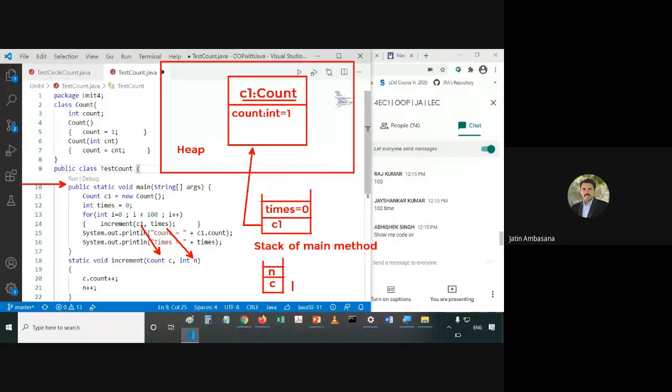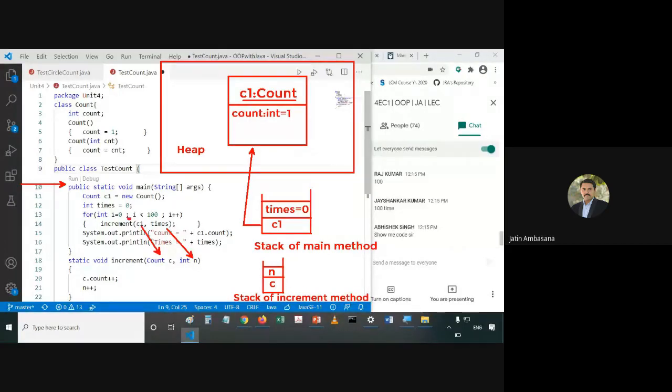This is the stack of the increment method. Now see what happens.